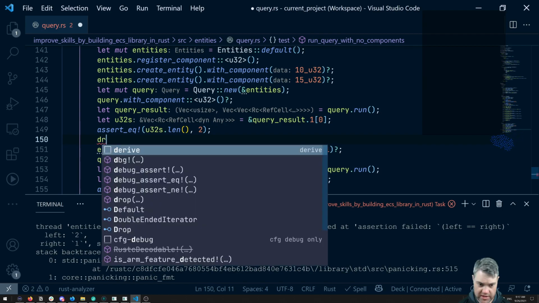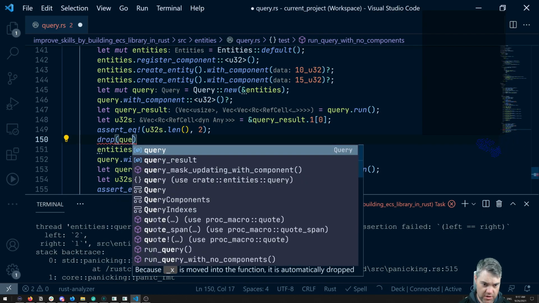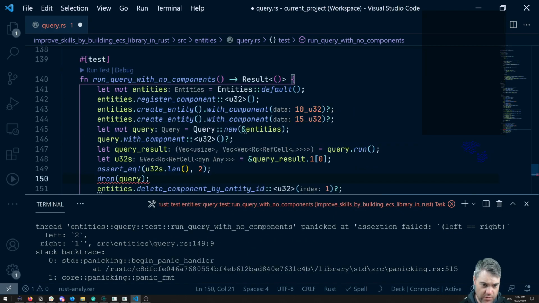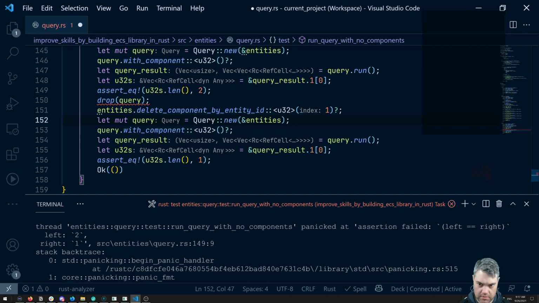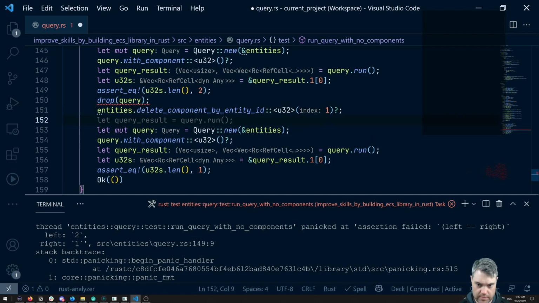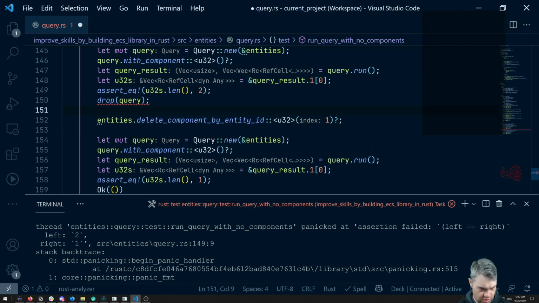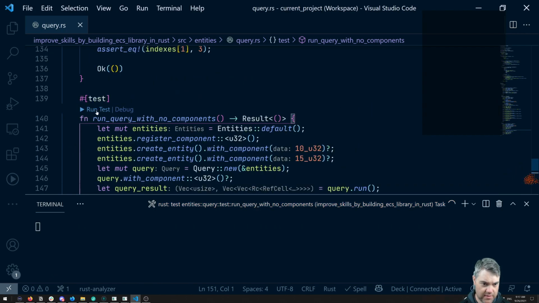So we're going to drop the query, and then start that query over again right here. So basically two sections for this. So if I run this,